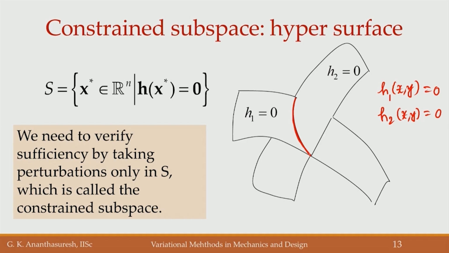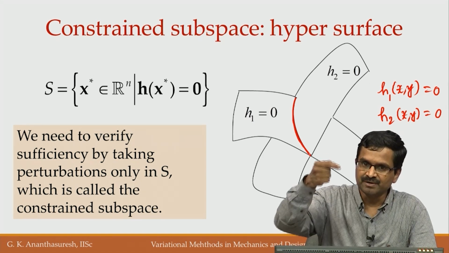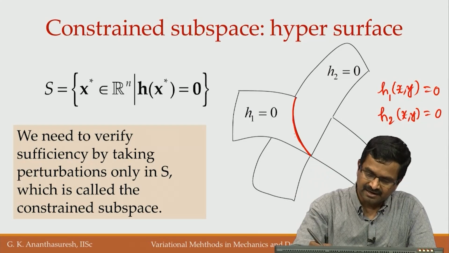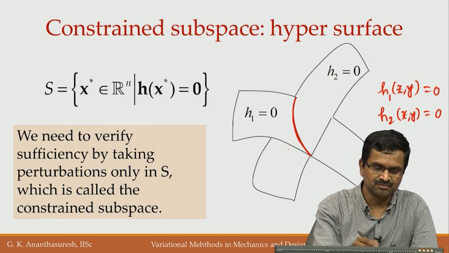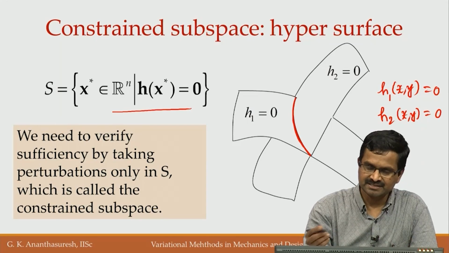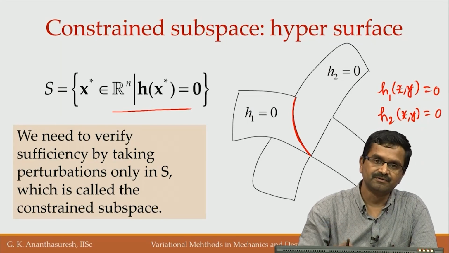So, if we have, let us say, 4 dimensions, h1 equal to 0 will be like a surface, okay, and h2 will also be a surface, and their intersection will be a curve. Only there can I search, right. That is what we are showing, that is the hypersurface which satisfies this. Again, when I say h, it also includes the active inequalities,